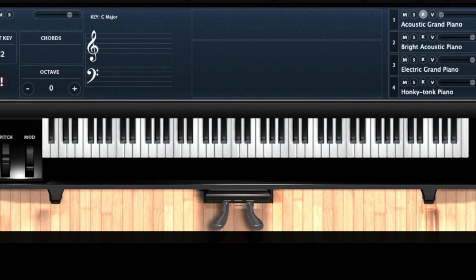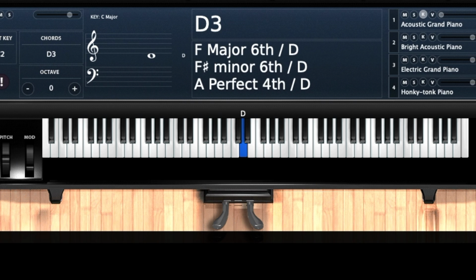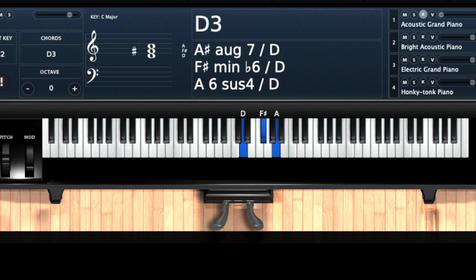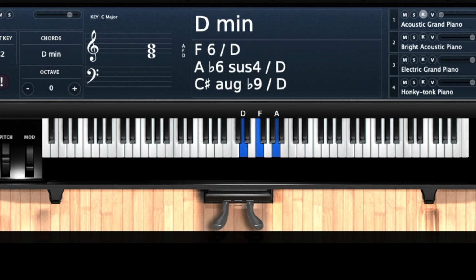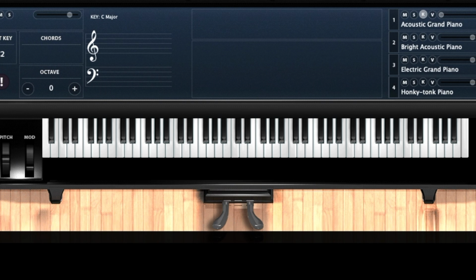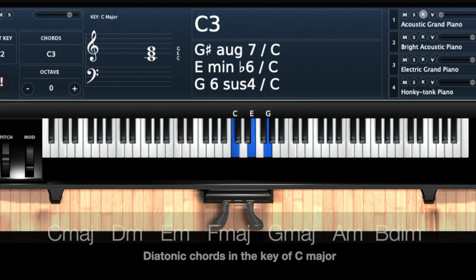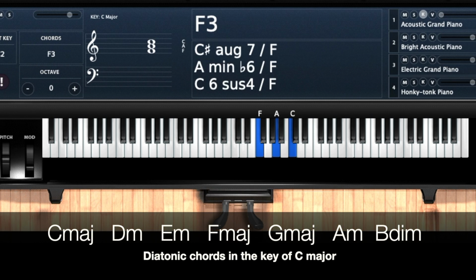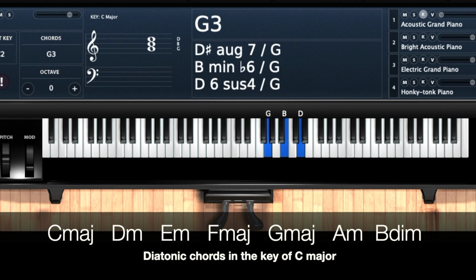So when we go to the next note, D, the diatonic chord of the key of C for D would be a D minor. We can't use D major because there's no F sharp in the key of C, but there is a natural F. Okay, that's how we're moving up in all these chords. So if we continue that line of thought all the way through the keyboard, we get C major, D minor, E minor, F major, G major,